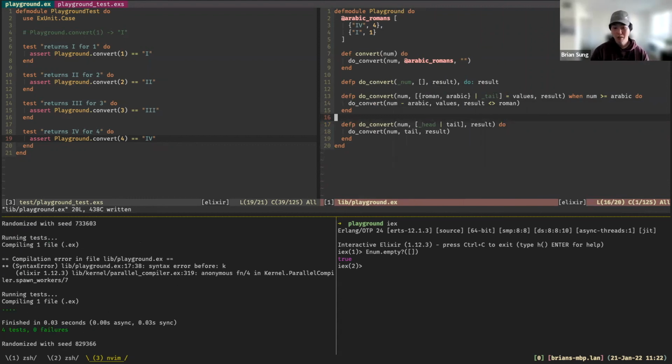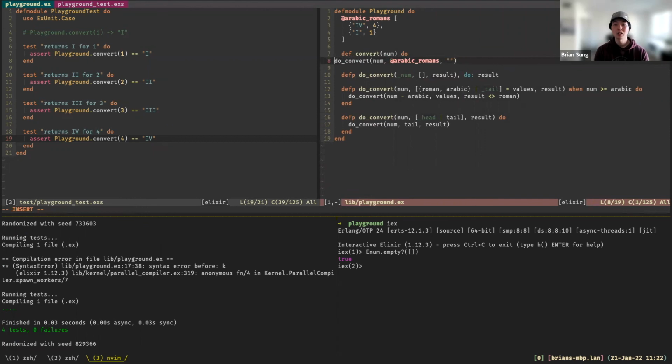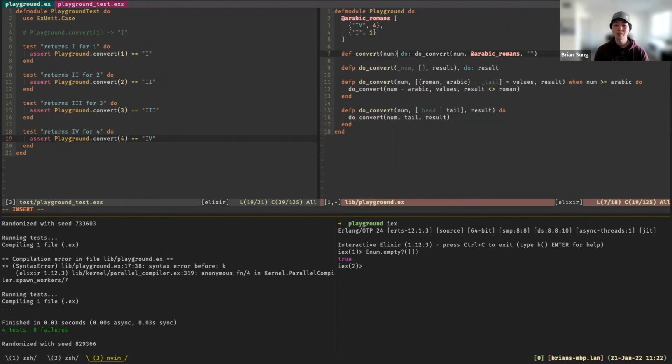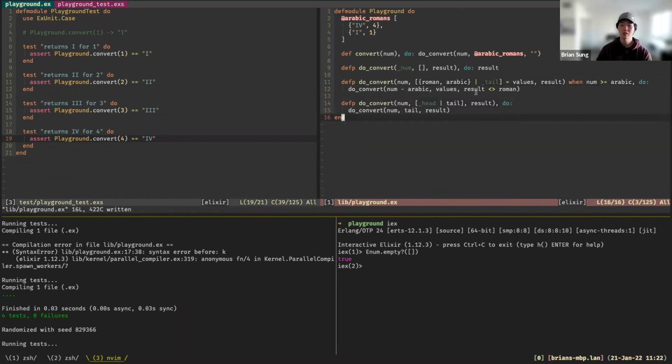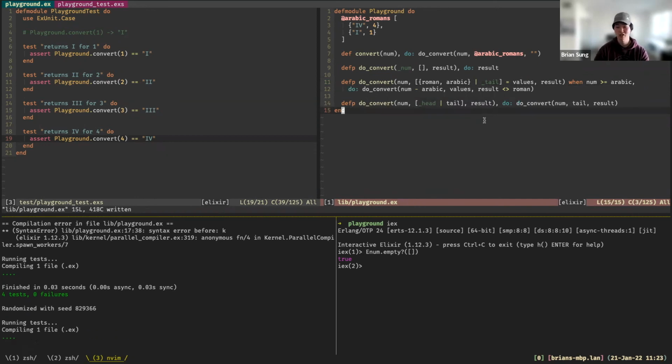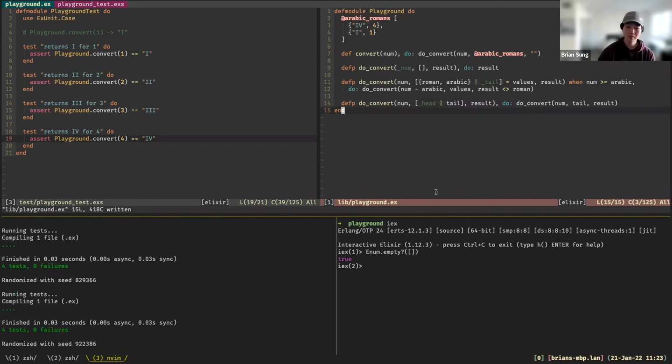And of course, we can make it cleaner because, as you can see, all these functions are just one line. So we can do that comma colon syntax that we did on line 9. Let's do it here. And by doing that, you don't need the end because it's just one line.